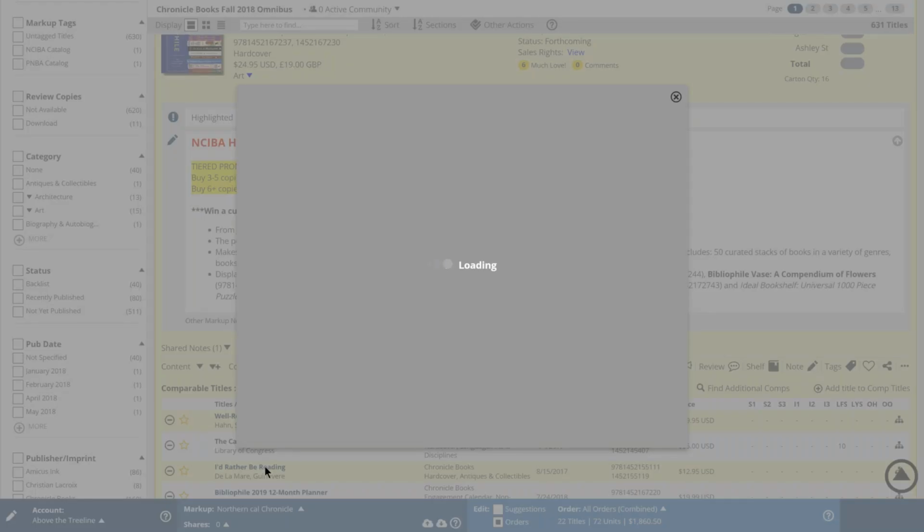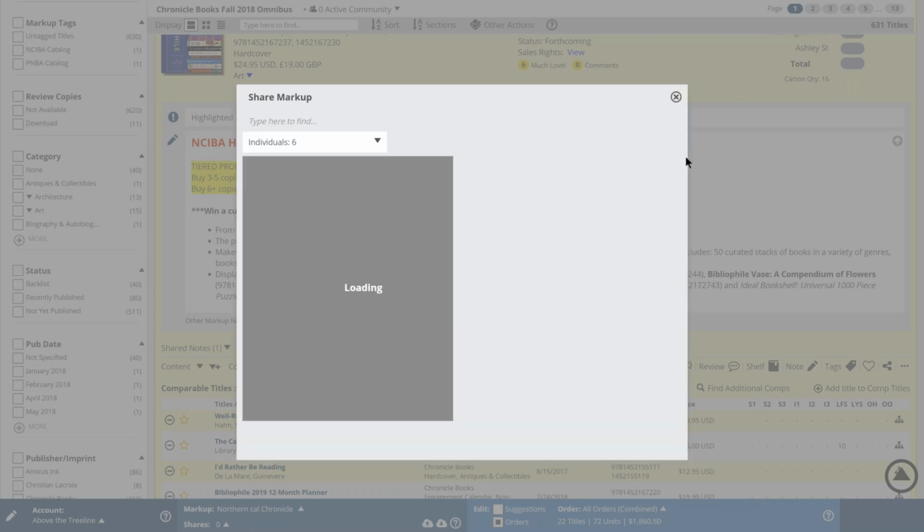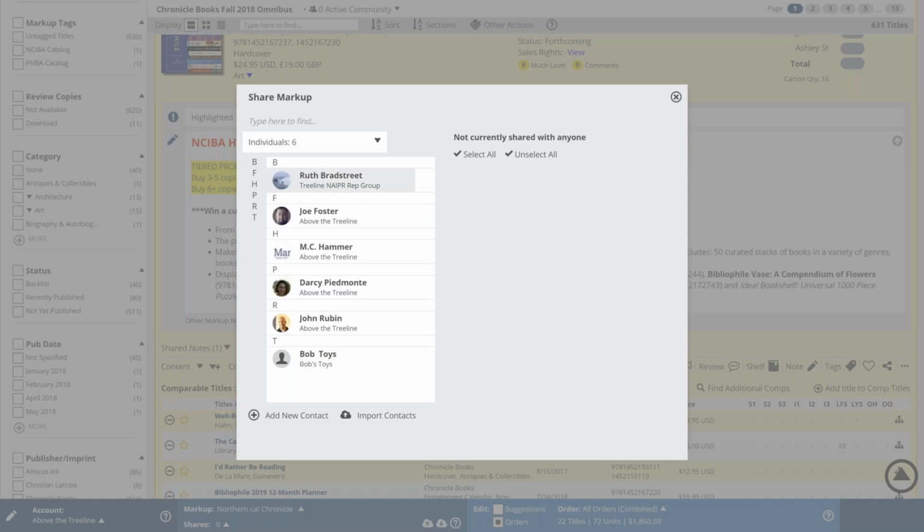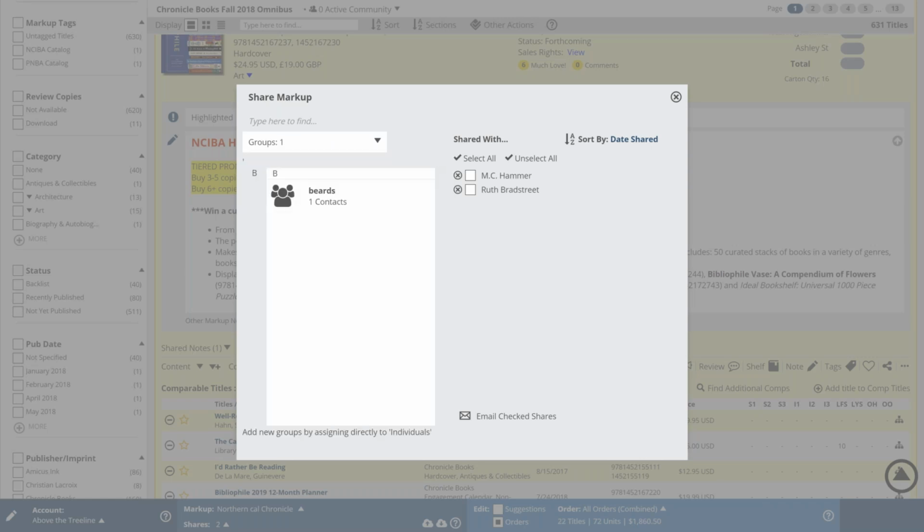And this is taking a little bit this morning as well for some reason. There we go. All right, so you can share with individuals. So if I want to share with Ruth and MC Hammer, of course. So that's sharing with each individual user, or I can come in and say, show me my groups, just do the beards. So that's going to share with all contacts I added to that beards group,